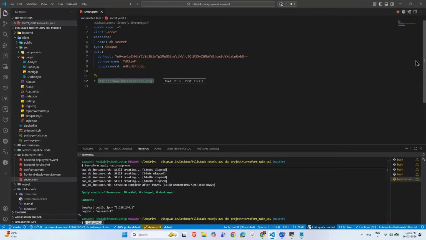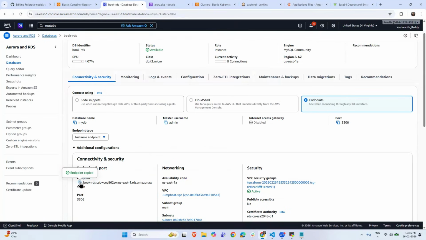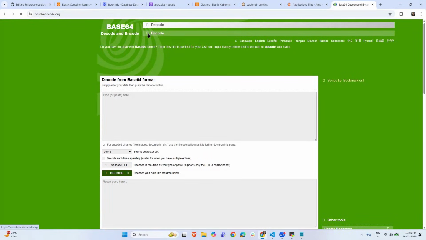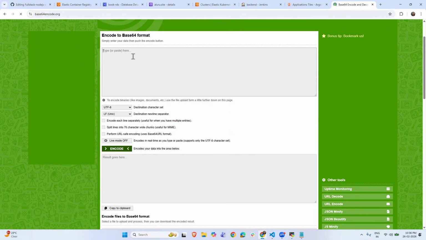If you don't, it will fail immediately. Yeah, it's done. You have to copy the endpoint and click encoded, and give your database ID. Paste it in your database. This is my database, and click encoded